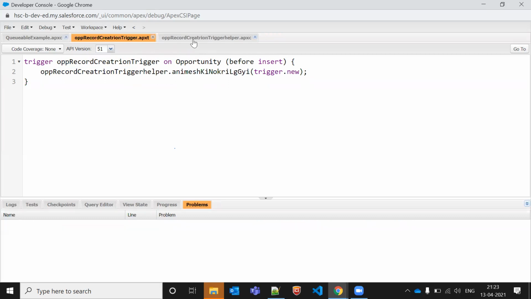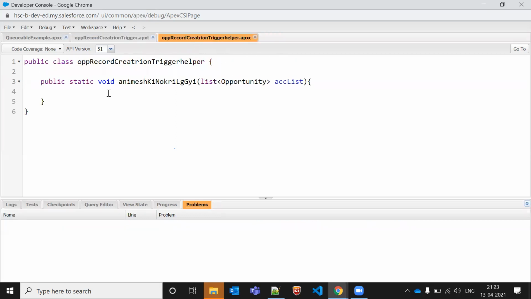Okay, so what can we do now? Whatever records we fetch from this, I'll give you one task today on future method. You will practice from your side, and tomorrow I will ask how you did. You have to do it from your side only. So let's do one thing.